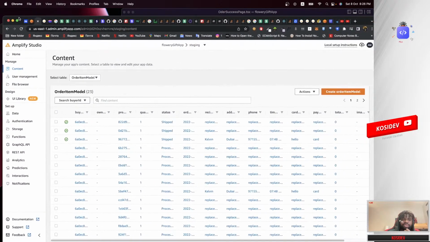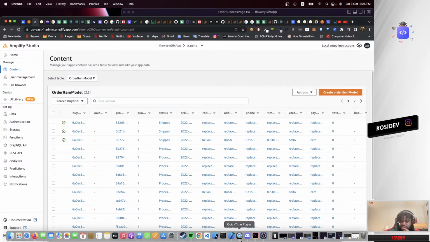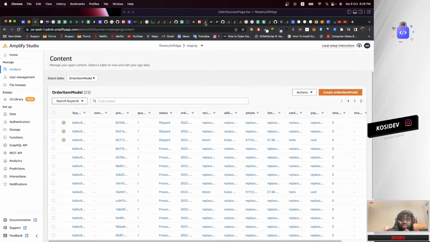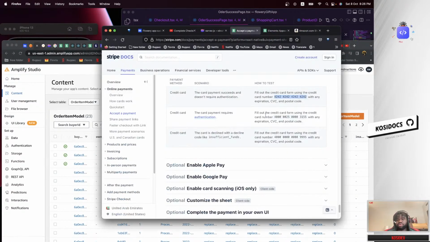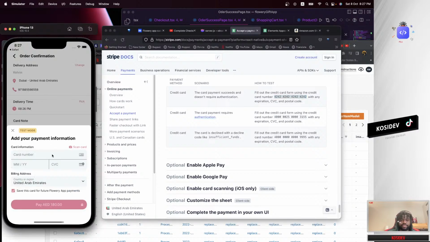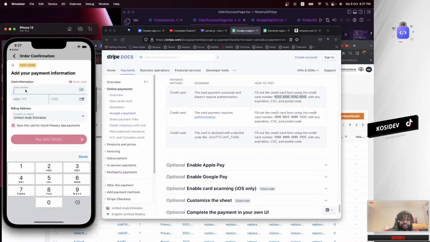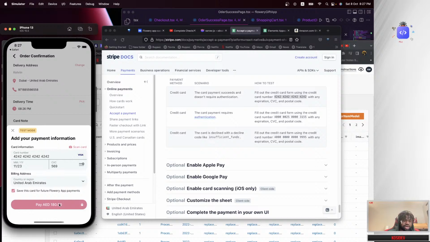Basically a fake payment. So where did we actually get that again? Okay, yeah, there we go. So these are fake card payments. I'm going to copy that, then head over here and paste the fake card payment right here. Then fake expiring date and fake CVC number, and then go ahead and say pay now, and the payment will be processing.